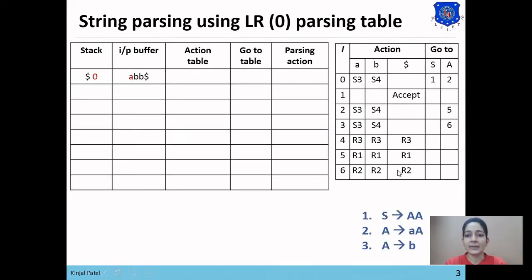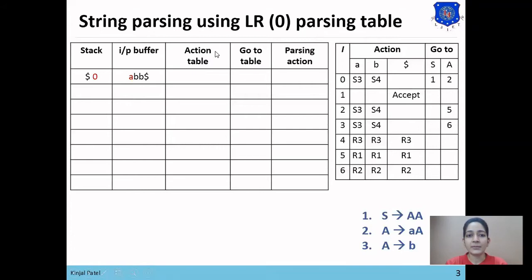So here is the table which we constructed in the last lecture, and we want to parse the string ABB. In the stack, initially $0, meaning our starting state, has been stored, and in the input buffer, the input string has been stored. Now there are two columns: the first one is action and the second one is go to.